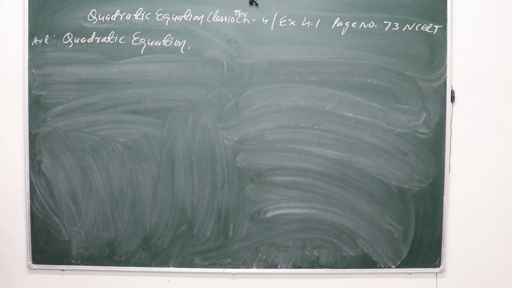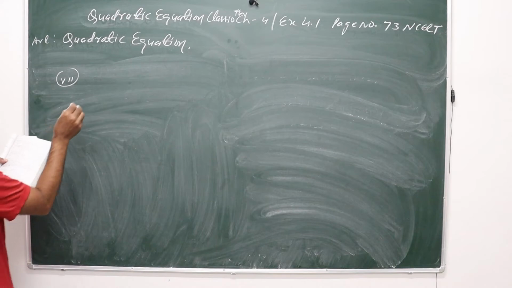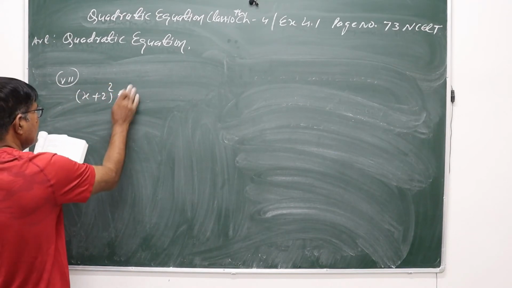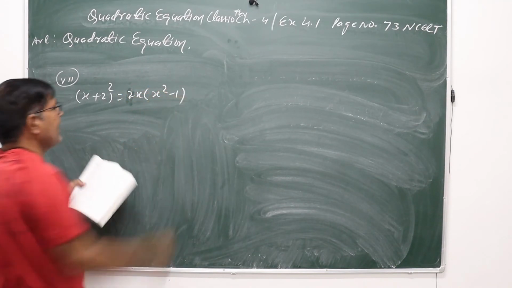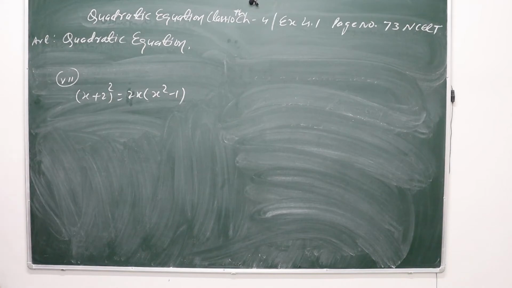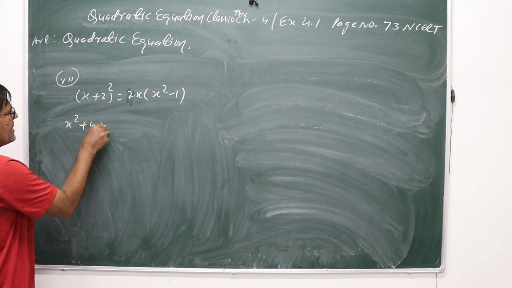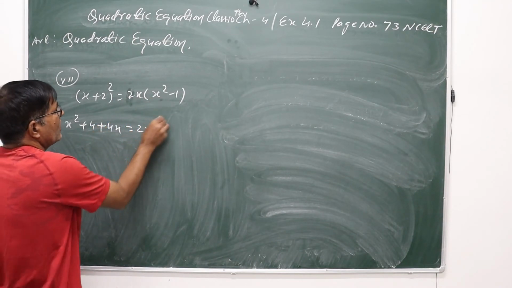Question number 7. Question first, part 7. The left hand side is (x plus 2) whole square. The right one is 2x into (x square minus 1). What we will do? On the left, a plus b whole square, a square plus b square plus 2ab, so x square plus 4x plus 4 is equal to 2x times x square, which is 2x